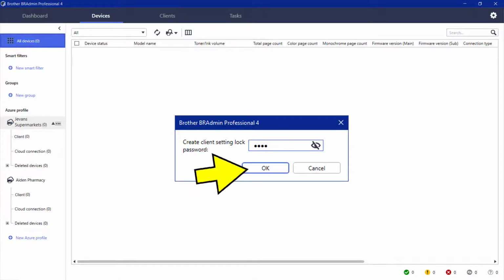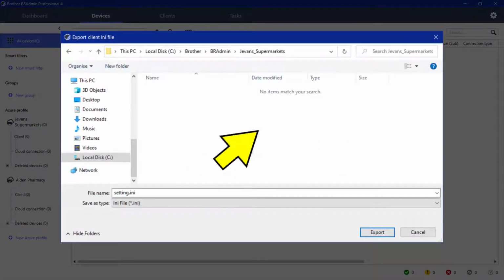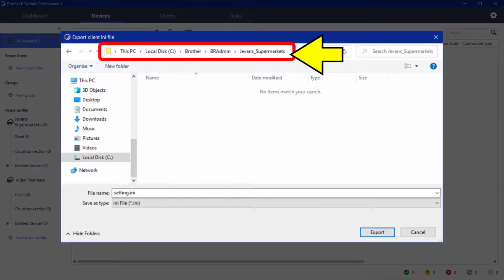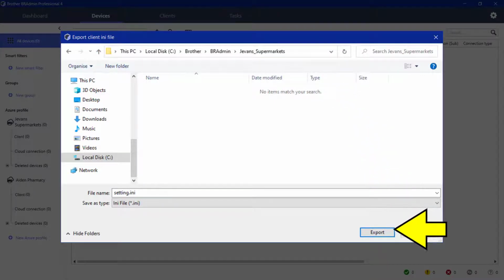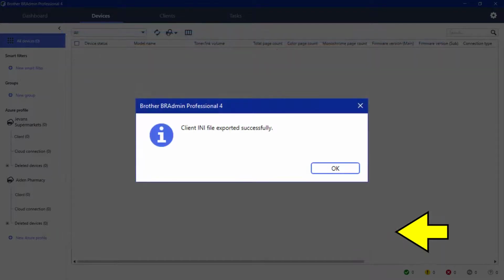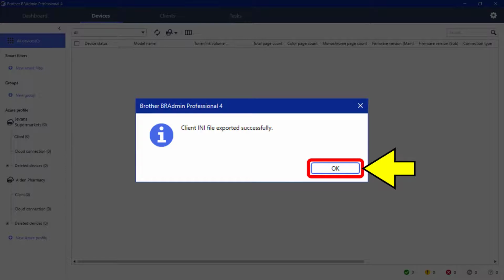To confirm this password, I will click the OK button, which will then prompt me to select a suitable location where BRadmin can export a client settings file to. After choosing a location, I will click the Export button, and then click the OK button to close this little pop-up window.